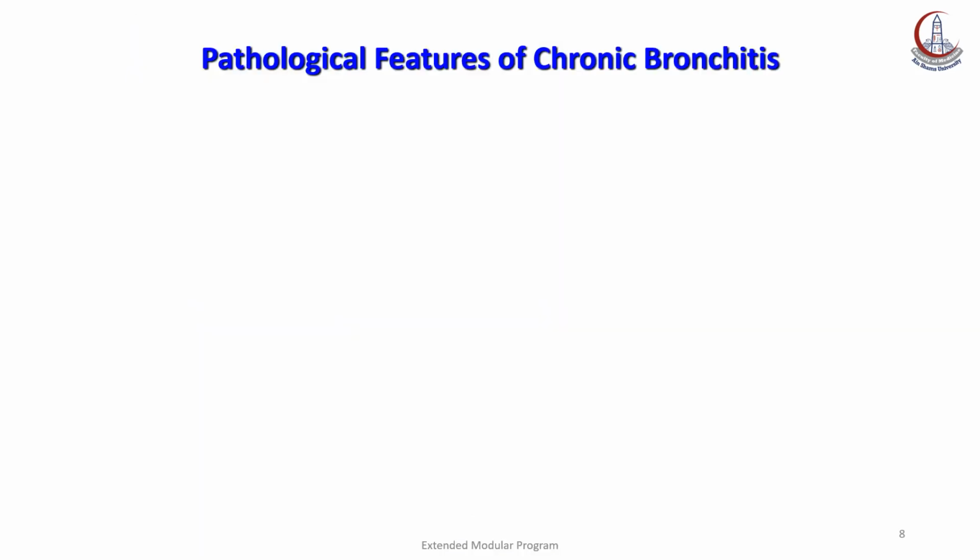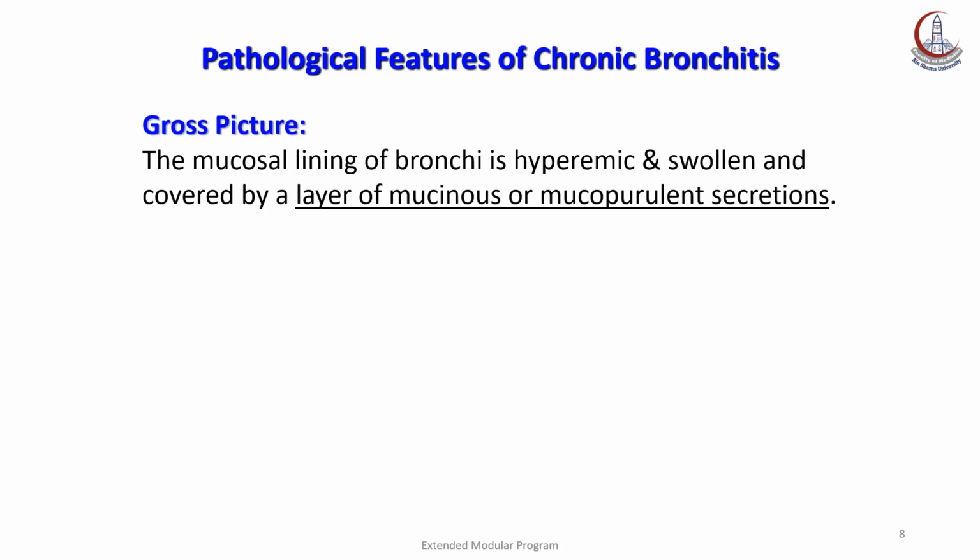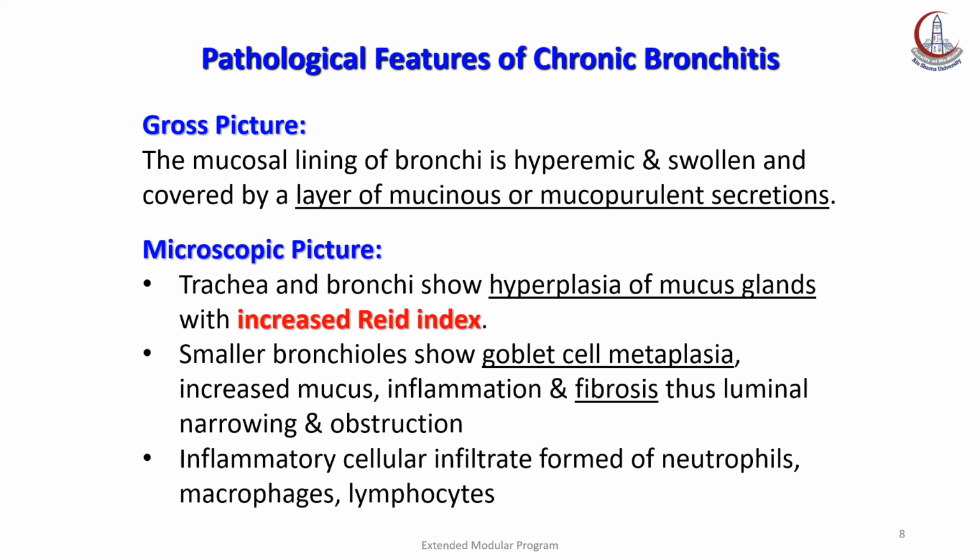The pathologic features of chronic bronchitis. The gross picture: the mucosal lining of the bronchi is hyperemic and swollen and covered by a layer of mucinous or mucopurulent secretion. The microscopic picture: